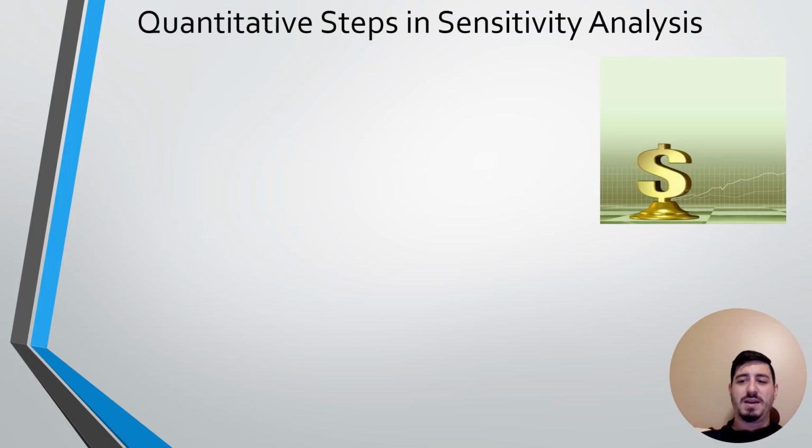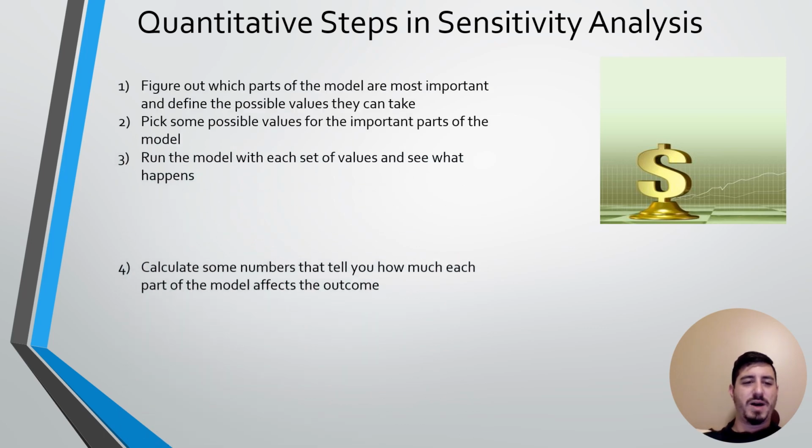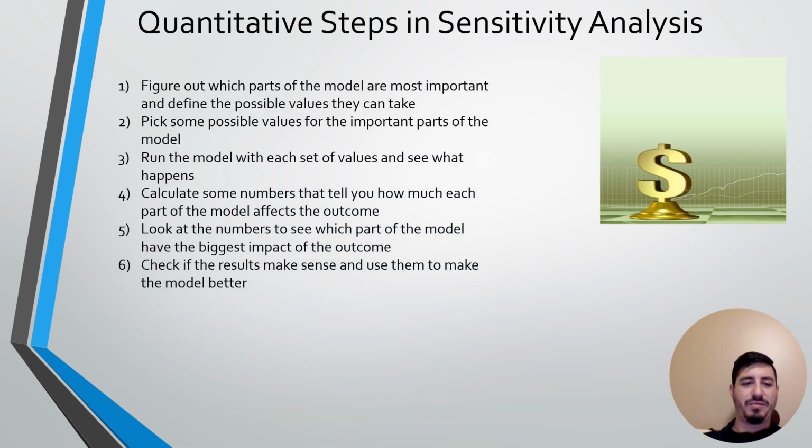Quantitative steps. Now this is a little different. This is the numbers, right? So with our same model or example of the grapefruit, figure out which part of the model is most important and define the possible values they can take. So with a grapefruit farm, this would be the cost of labor, the materials, and how many grapefruit the average